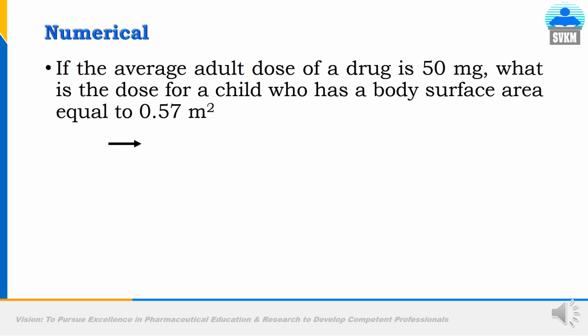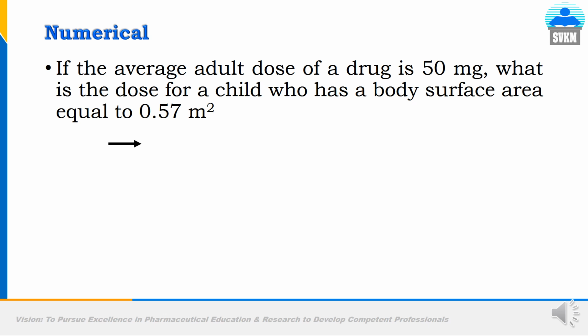Now let us solve one numerical for calculation of pediatric dose based on the body surface area, so that we get an idea about how to calculate the pediatric dose based on the body surface area. The numerical is given: if the average adult dose of a drug is 50 mg, what is the dose for a child who has a body surface area equal to 0.57